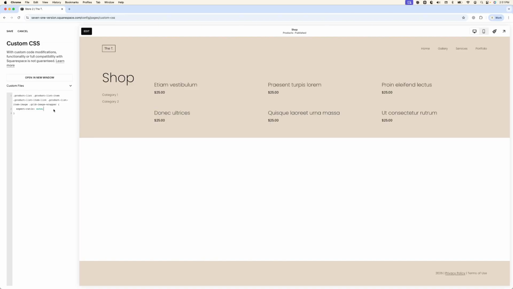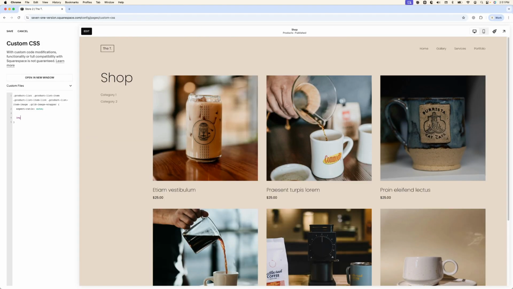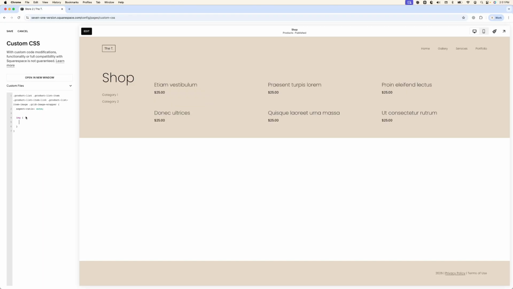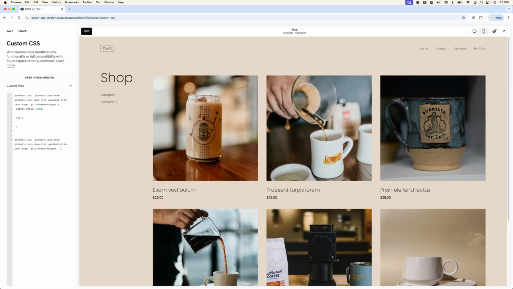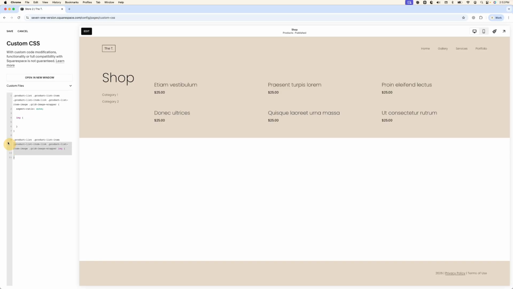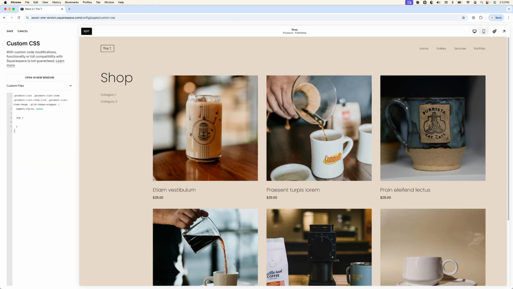I'm going to be nesting my selectors here. So now I'm going to target the image that is sitting within the grid image wrapper, within the product list item image, within the product list item link, within the product list item, within the product list container. So basically, I'm writing the same thing as this. It's just a little shortcut to this. So I'm going to remove that, and then here for the image, we're going to give this a position of